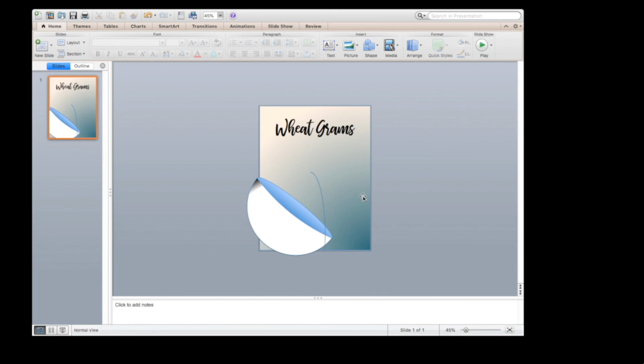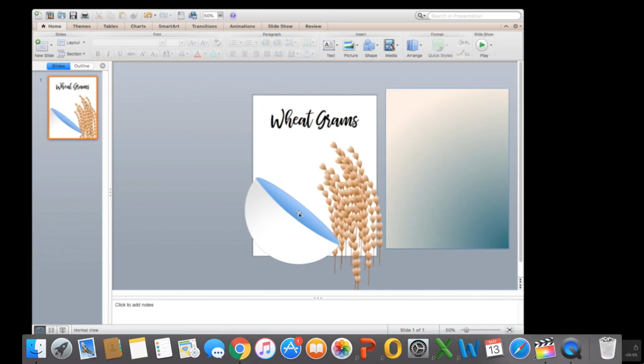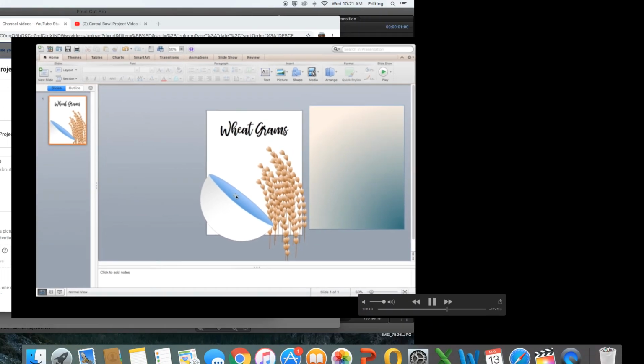Okay. All right, so now as I'm creating this, I'm thinking I want my actual cereal to be hearts. Okay. So I get an idea of what this is going to look like, I'm going to bring my bowl back in. Like this is my background. I am going to put my bowl in the front. So I'm going to right click, arrange, bring to front. Okay. And now I want to fill my cereal bowl. So all I'm going to